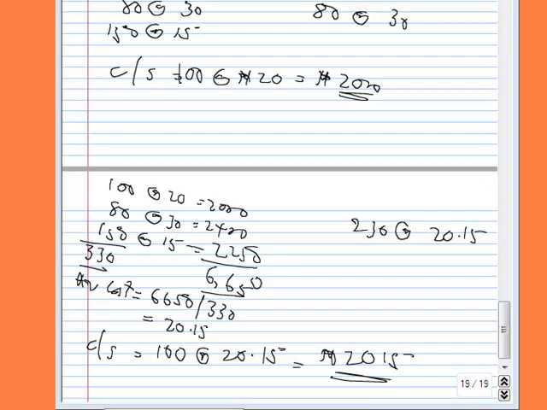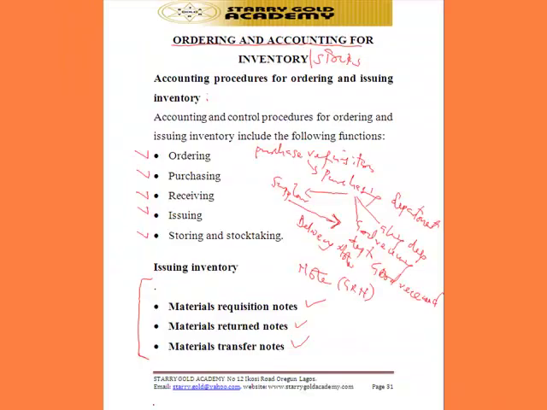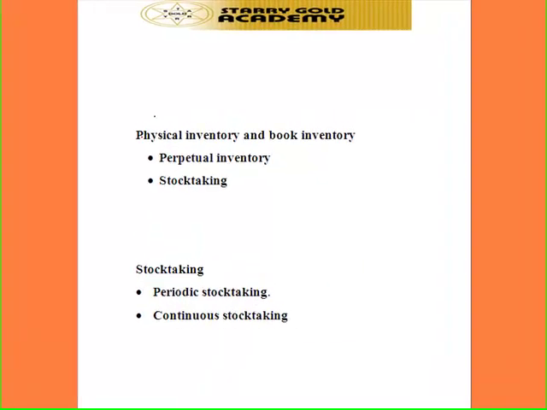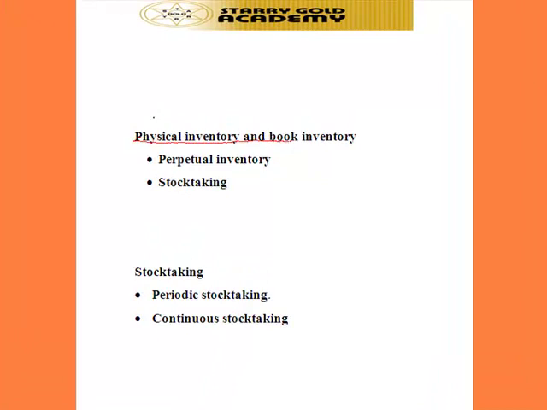The next thing we are going to look at now is the comparison of the physical inventory and the book inventory. This is very, very important. The amount of balance of inventory in the books must be the same with physical inventory. If it is not the same, then a discrepancy or the difference must be investigated. The differences is usually due to 2 things. The first one is known as waste, and the other ones are the other factors like theft,